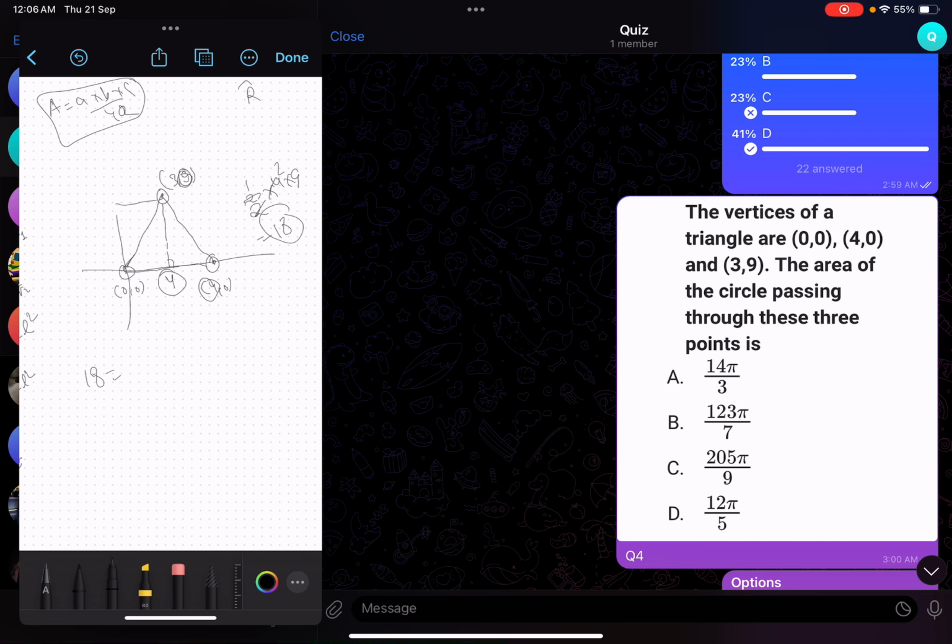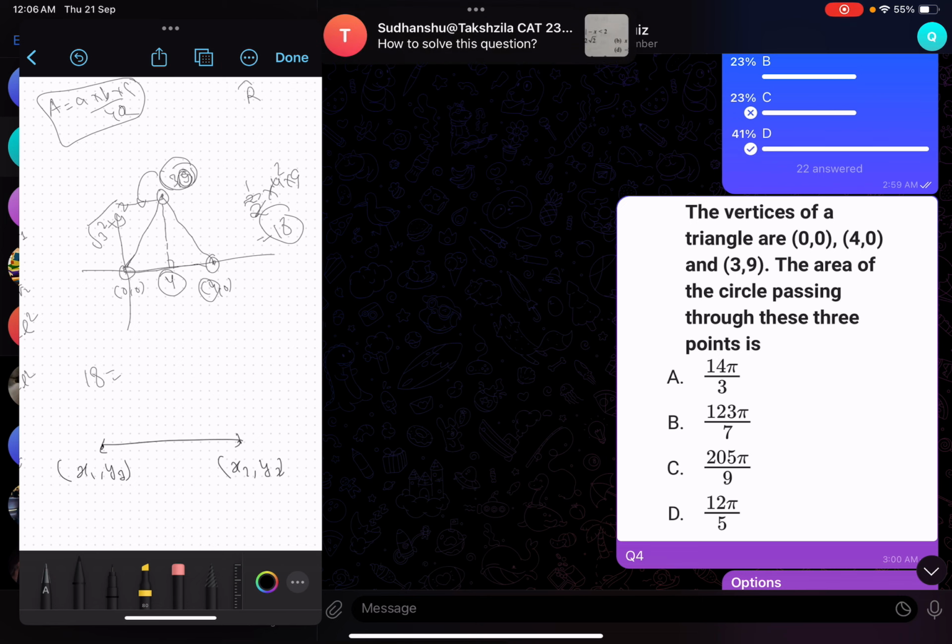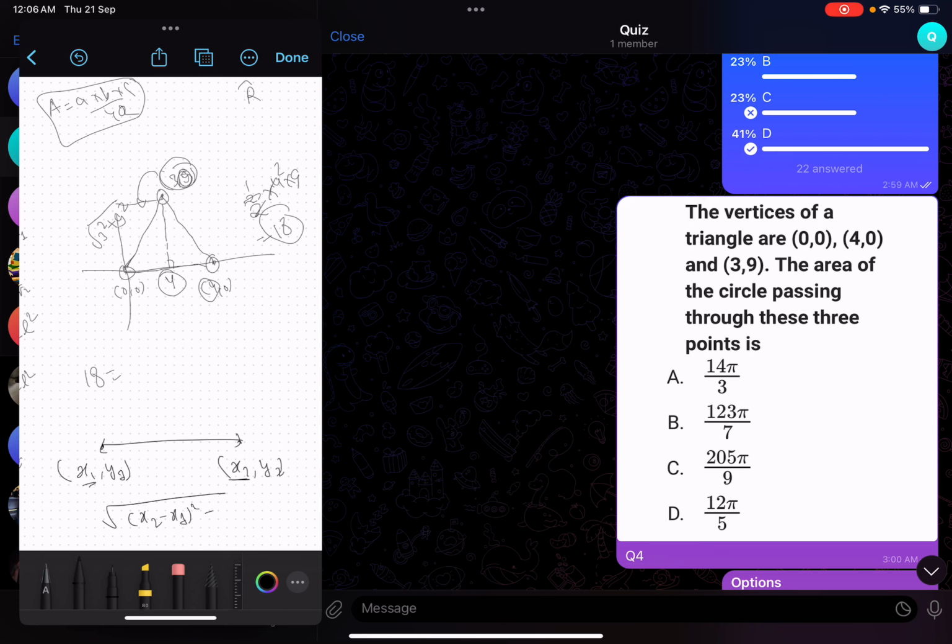Now the 3 sides we have to find out. Here it is very easy to find out. It will be nothing but root over 3 square plus, using the distance formula. Let me tell you the distance formula as well. Say x1, y1 is this coordinate, and x2, y2 is this coordinate. If we need to find the distance between these 2 points, what we do is root over the difference of x coordinates squared plus the difference of y coordinates squared. Just add these, and this will give the distance.